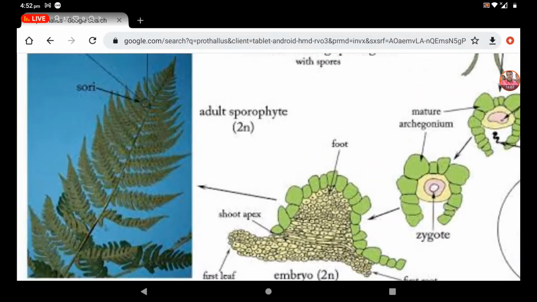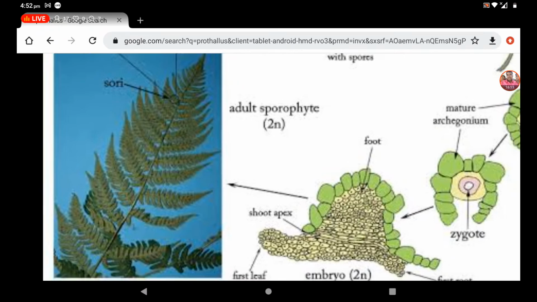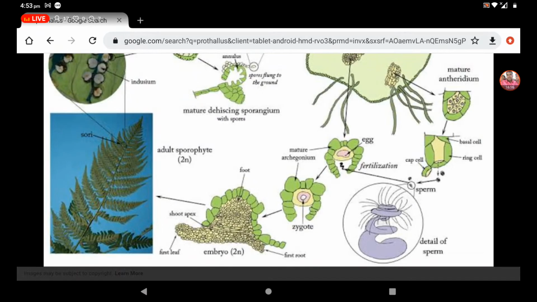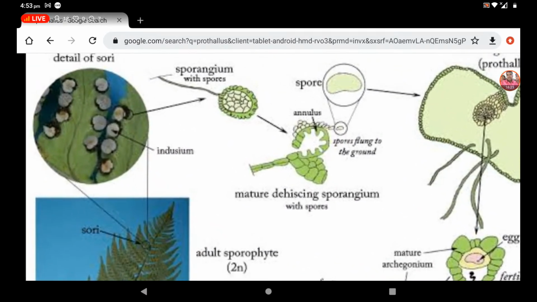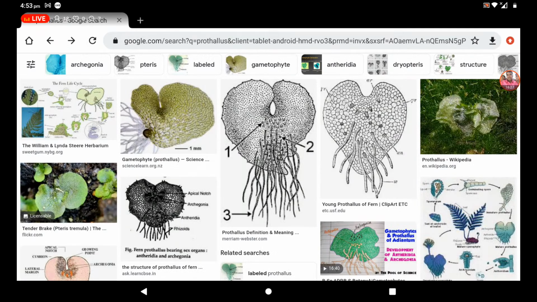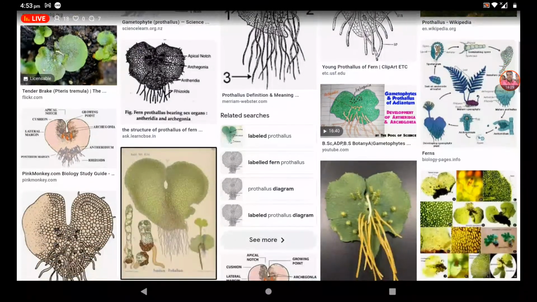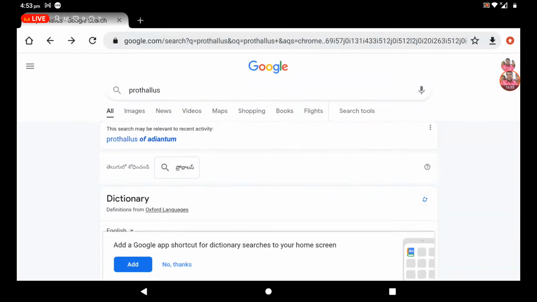So here we are finding true root, stem and leaf in the case of Teredo, which develops leaf-like structures called fronds. Fronds can also be seen in Teredo. I will take one frond. So the prothallus is taken here, and if you take one example for the Teredo,